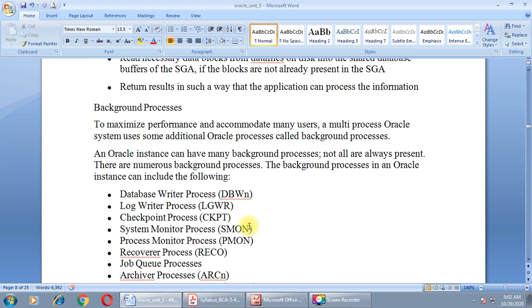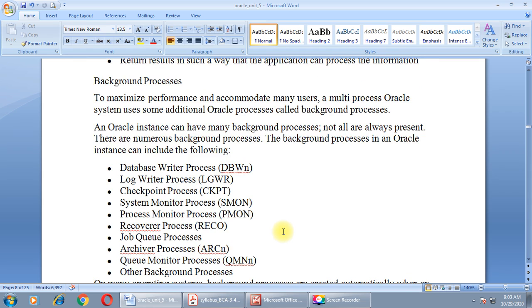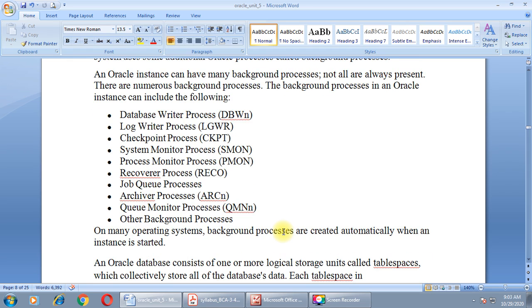An Oracle instance can have many background processes. Not all are always present. There are numerous background processes run at a time, maybe some not run, and maybe some of these processes run at the same time. The background processes in an Oracle instance can include the following background processes: database writer process,